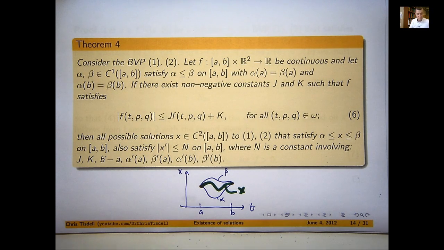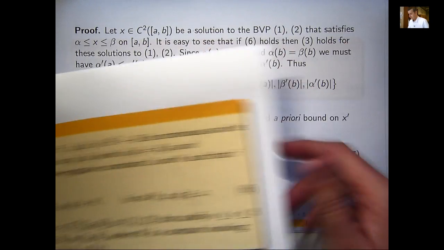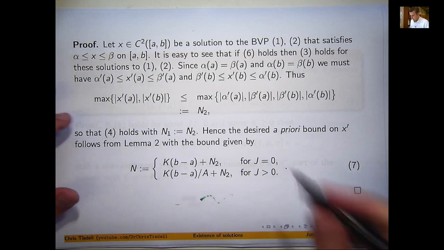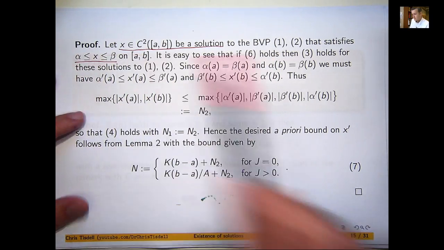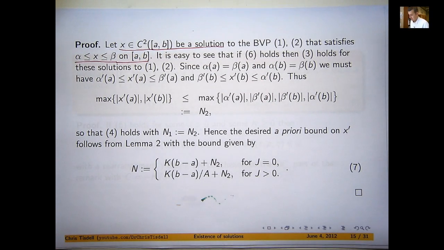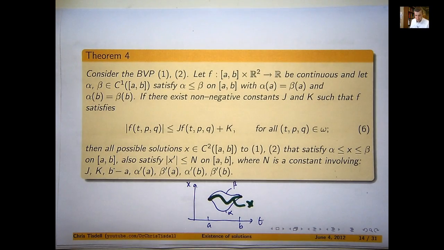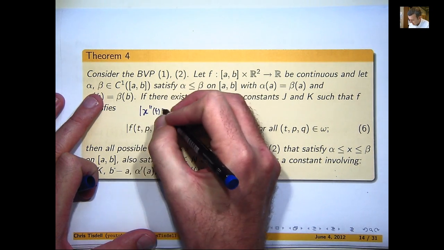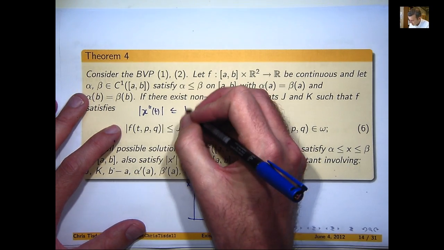Okay, now we're going to rely on the previous lemmas to prove this. So let's see how we prove it. Suppose x is a C2 solution to our boundary value problem that stays between the alpha and the beta. Well, if x is a solution, then basically x double prime equals f. So this then is just